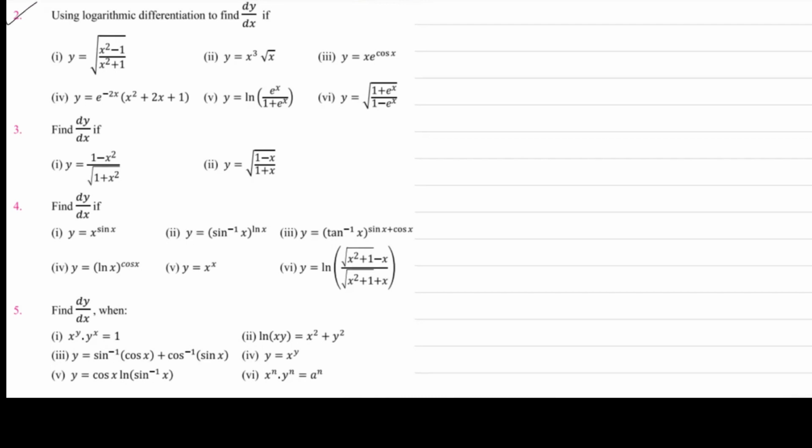So let's solve question number 2. It says using logarithmic differentiation to find dy by dx. First part is y is equal to under root x square minus 1 upon x square plus 1. So in the place of this under root, we can write it whole raised to the power 1 upon 2. Taking ln on both sides of the equation,